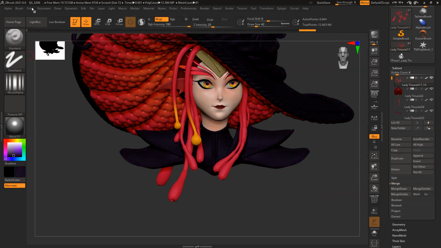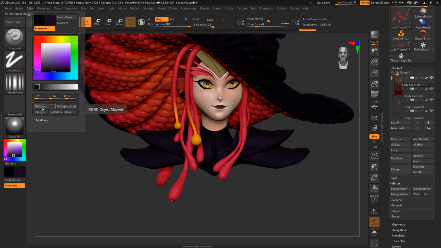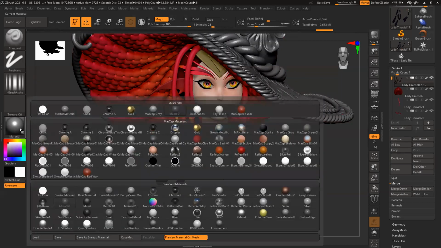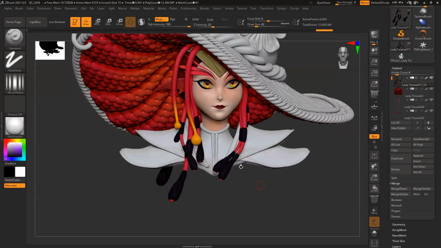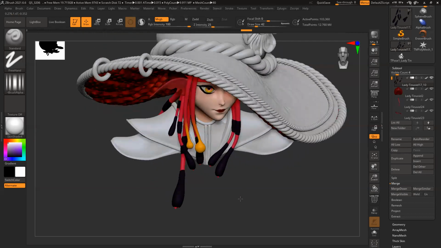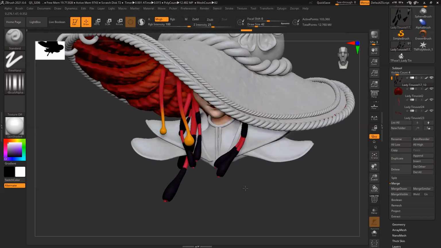MRGB, no add, color. Control D, D. It doesn't look very shiny.